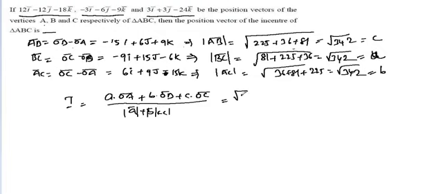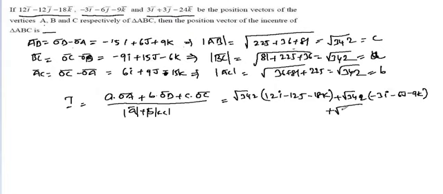That is root 342 into OA bar, that is 12i minus 12j minus 18k, plus root 342 into OB bar, that is minus 3i minus 6j minus 9k, plus root 342 into OC bar, that is 3i plus 3j minus 24k, by